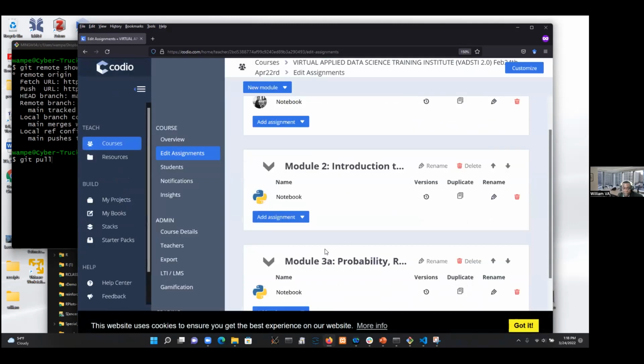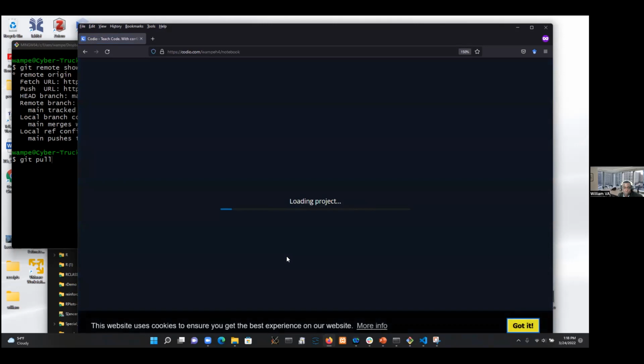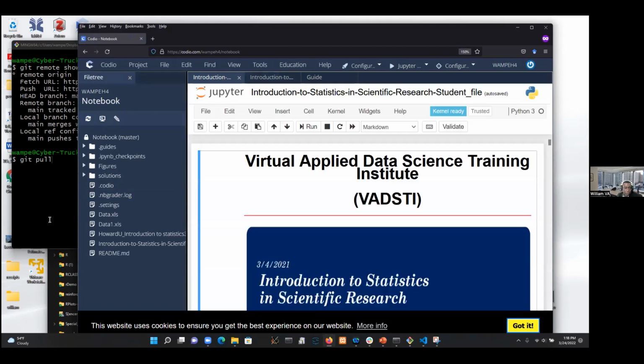Yeah, and then basically you start the notebook on 3A. Okay, so once you hit that, it's going to load the notebook, and then you wait. So if you're using Codio, you don't have much of a struggle compared to if you have your own thing. Okay, so if you have your own file, then now if you're using Codio, just pull out the file that